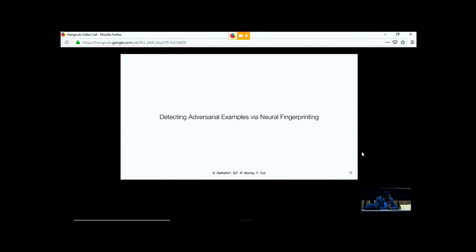So I'm personally not that concerned that this is going to destroy the performance of these neural networks on real image data sets anytime soon. Maybe that's a short answer. Okay, thank you so much.